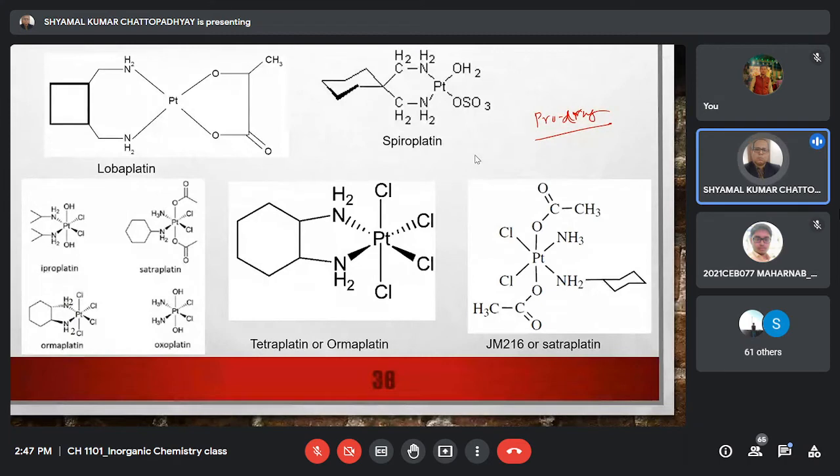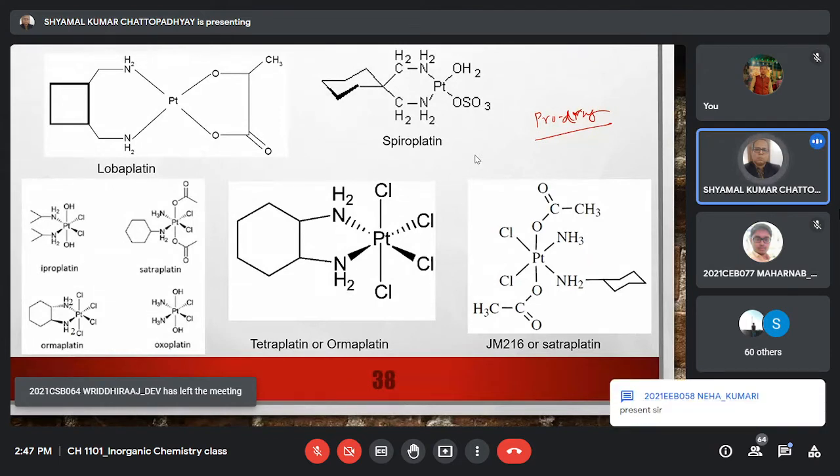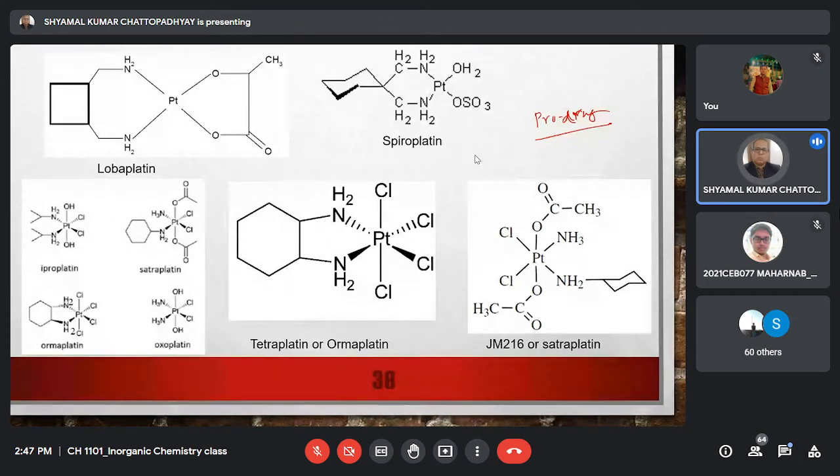cell. So that means the effective concentration of the drug molecule at the cancer cell is relatively lower when you use platinum 2 complex, because some platinum 2 complex is lost in the path by binding indiscriminately to other molecules in the blood and other cells. Platinum 4 complexes, because they are less reactive, will react more slowly. As a result there is a chance that more platinum 4 complexes will reach the cancerous cells.